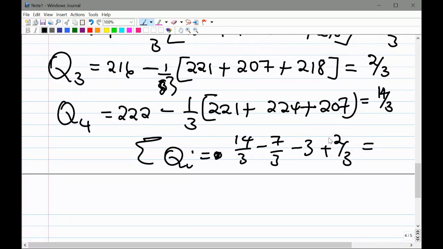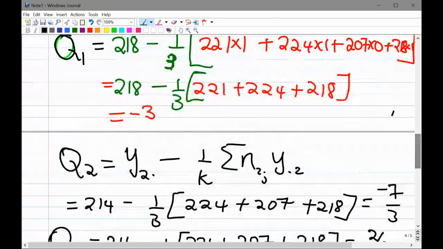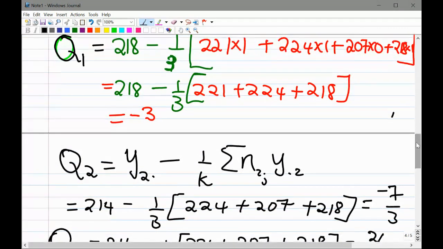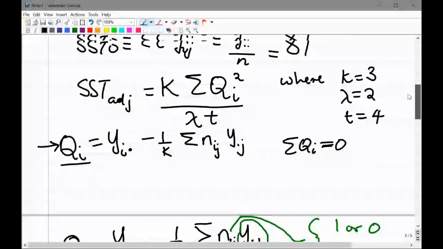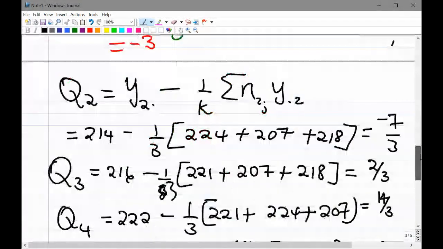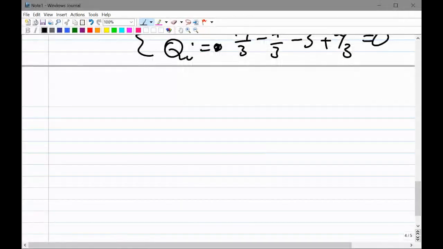Okay. So now suppose it's 0. You are saying it's 0, right? Yes. So now let's use the formula. You have everything that we need. Adjust the treatments. Here is the formula: SST adjusted is given by